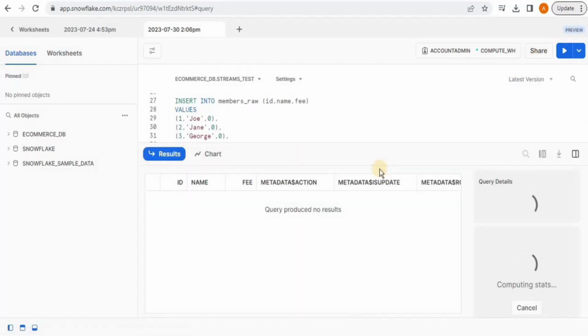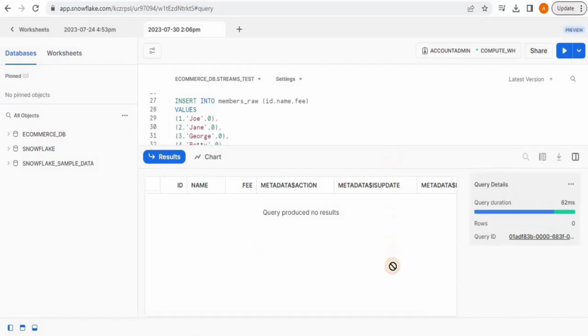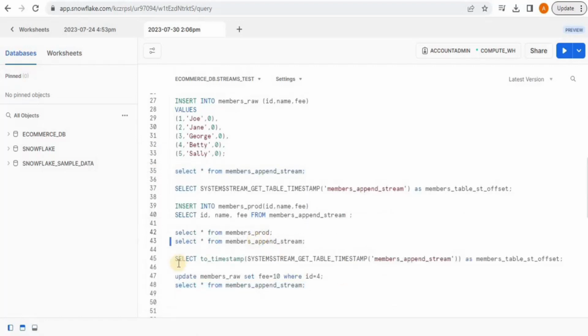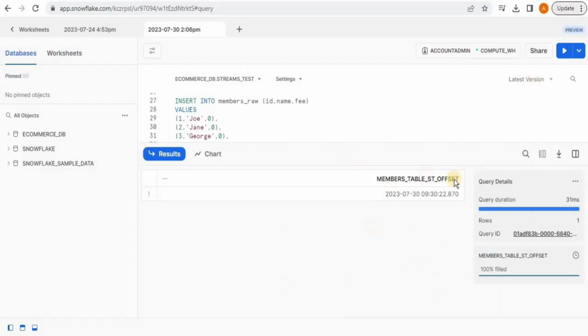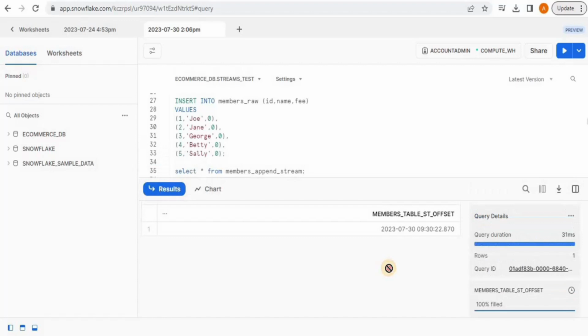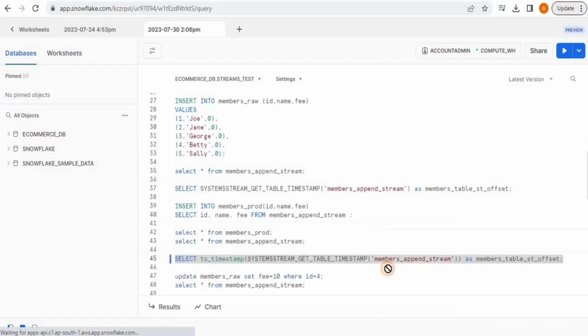As expected, because we have consumed the data from the stream into the production table. Let's have a look at the offset now, and now it is going to give us a different value of time. Now I want to show you guys that the append only stream does not work in case of updates